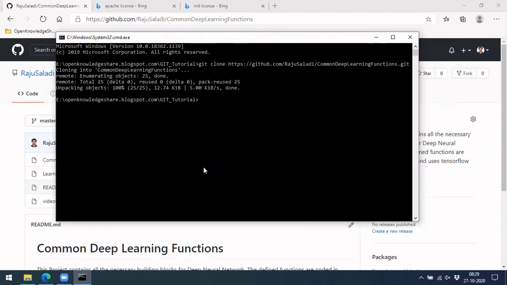So let me show one more thing here. What Git actually does is version control. You can keep one version, and if you want to change it, all the changes will be tracked, and you can track it back as well. You can revert the changes as well. Multiple people can work in parallel on developing your code, and you can also merge different code. Such functionalities are available in GitHub.